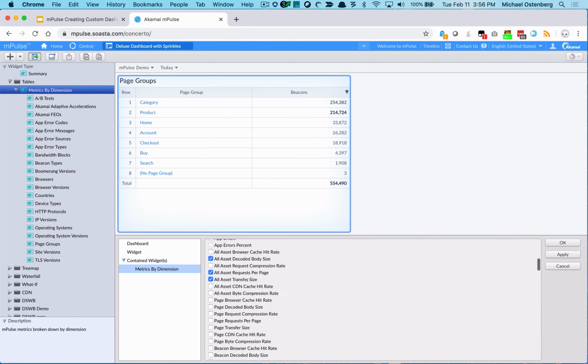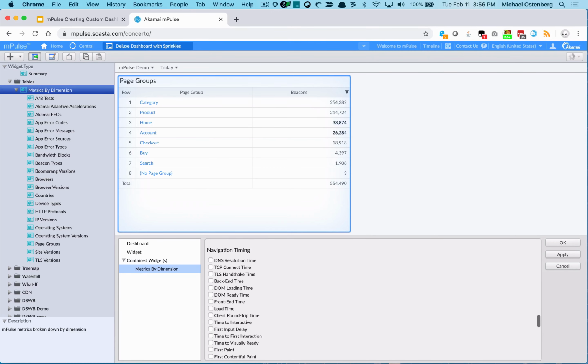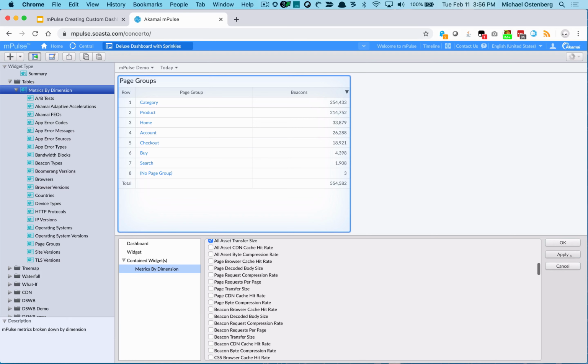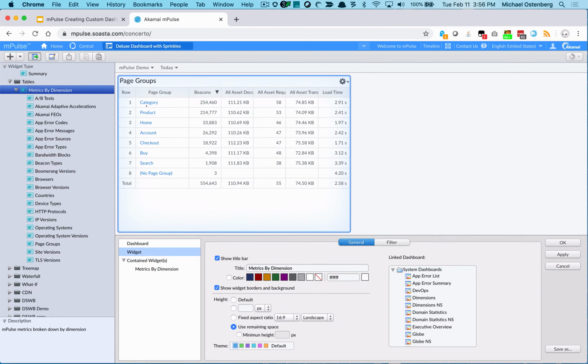We'll probably want to see how long the page took to load as well, so that we can compare and see the load time versus the page size here. And then there's a lot of other metrics on page construction, but I think you get the idea. I'll go ahead and pick a few of them here. I'll hit the apply button. You'll see across the top here, now we've added all these different columns, so I can start to see the comparison of how the size of the pages between the category page and the product page,